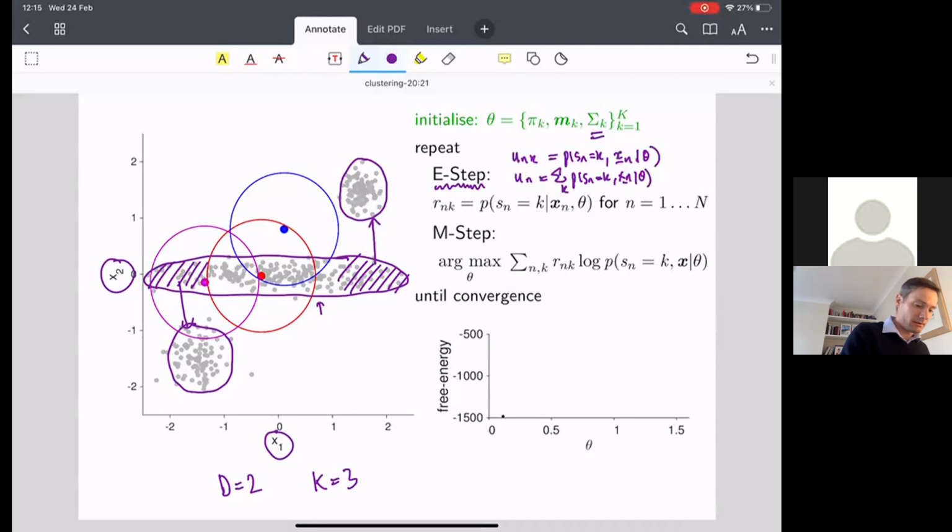This, of course, is equal to just the probability of Xn given theta. And then you divide the 2 together, which gives the responsibilities. So you take UNK and divide it by UN, and that basically applies Bayes' rule to compute the responsibilities RNK. I will be showing the responsibilities on the plot on the left-hand side. And the way that I will show the responsibilities is, let's look at Rn,